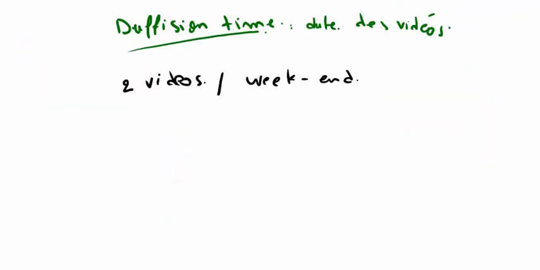So the last thing here, the diffusion time. This content, this program, these lectures contain a lot of chapters. Each chapter has a lot of information, and we should explain some information and content very deeply. So for these reasons, we'll make 2 videos, 2 lectures each week. Basically the diffusion time will be on the weekend,